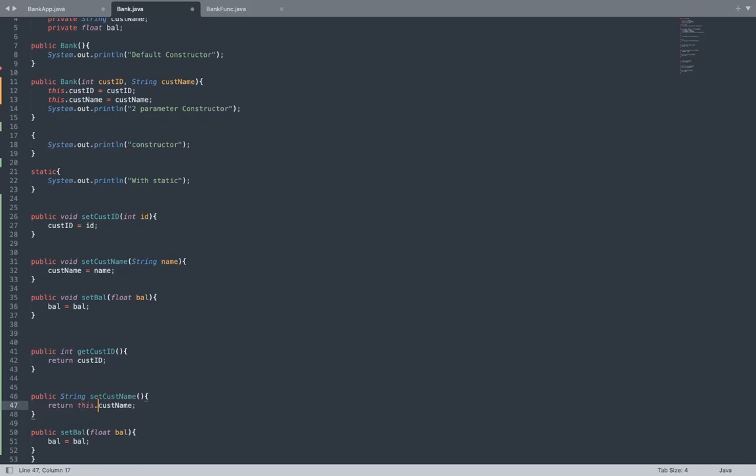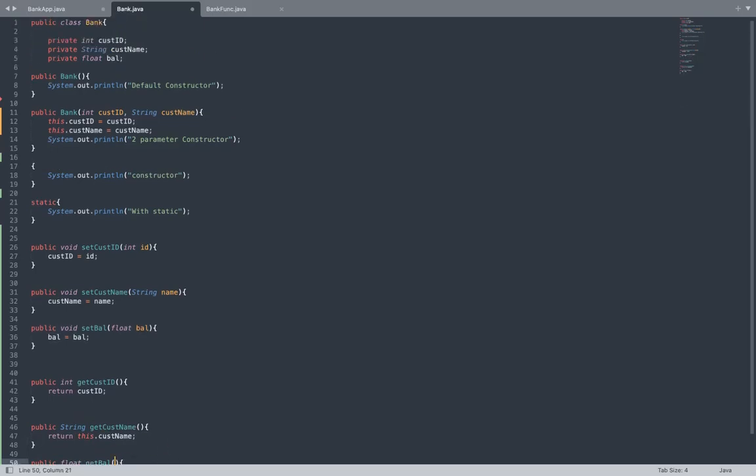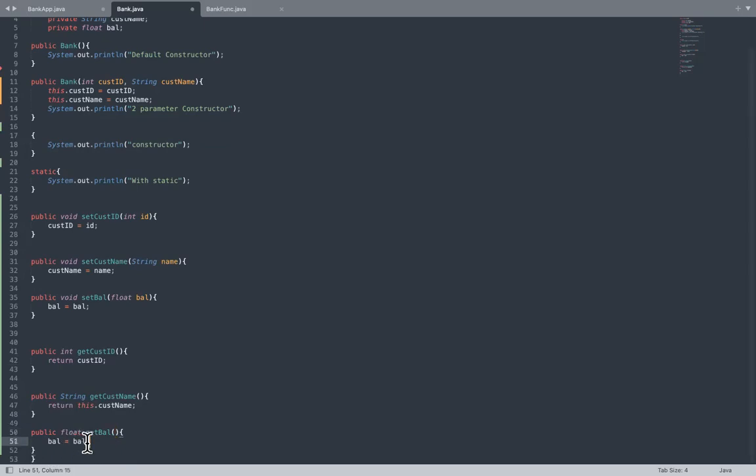That shouldn't be any problem. The method name should be get cust name, not set. Return balance.